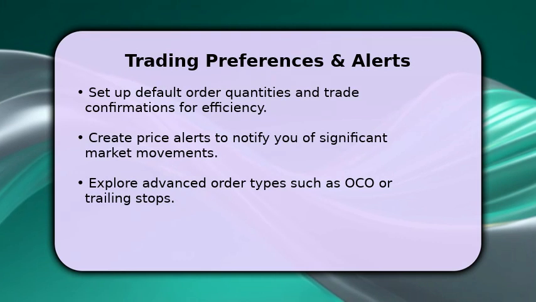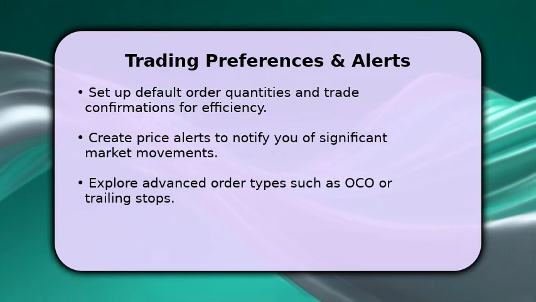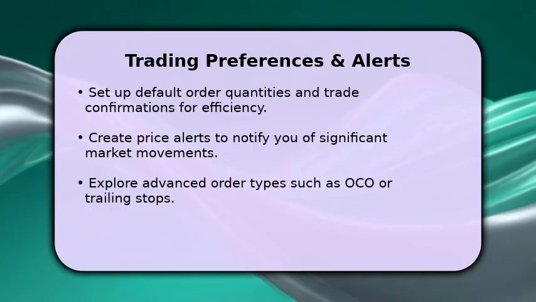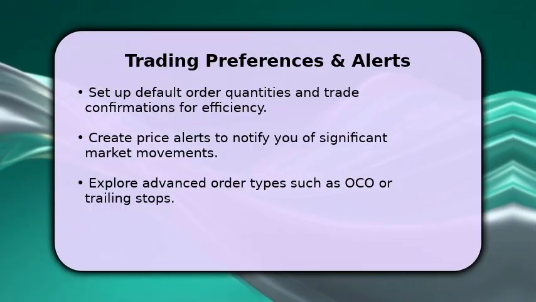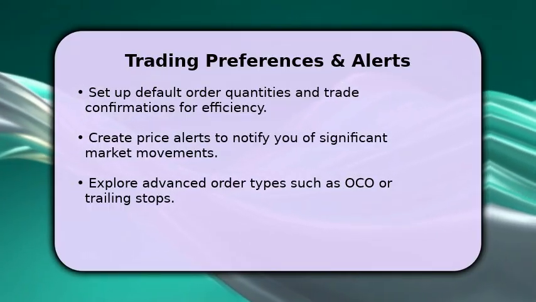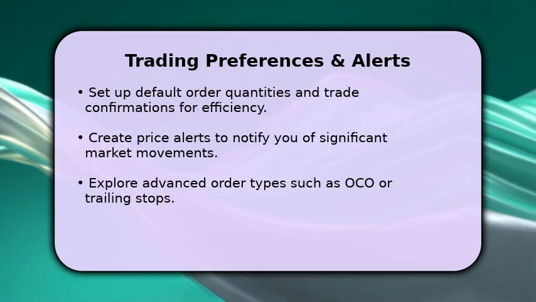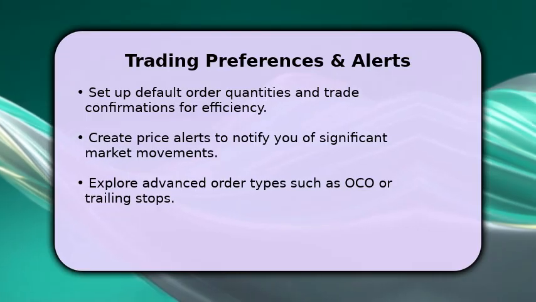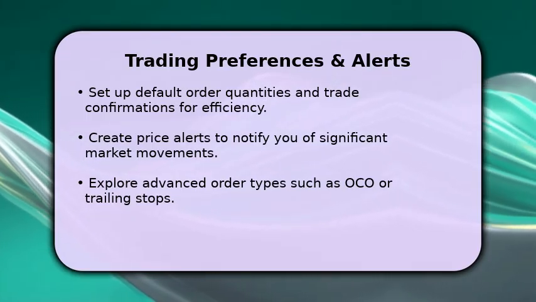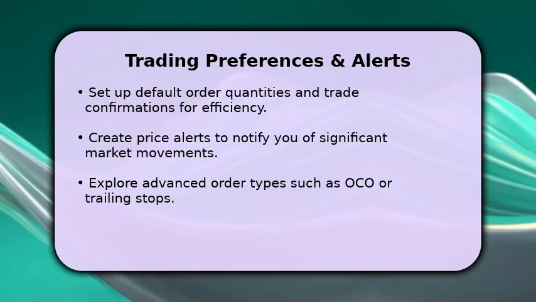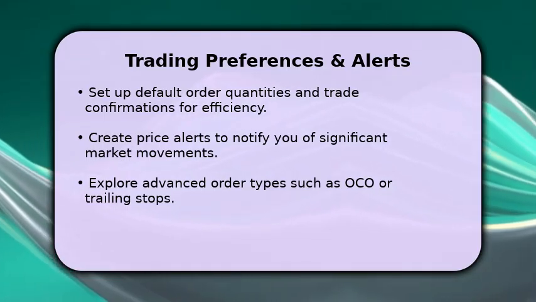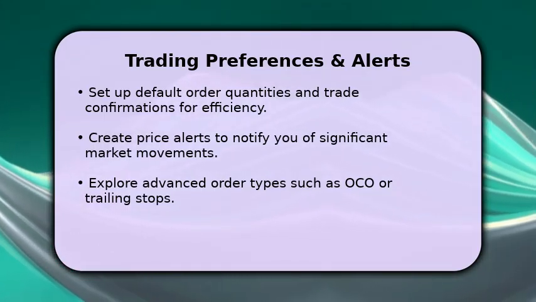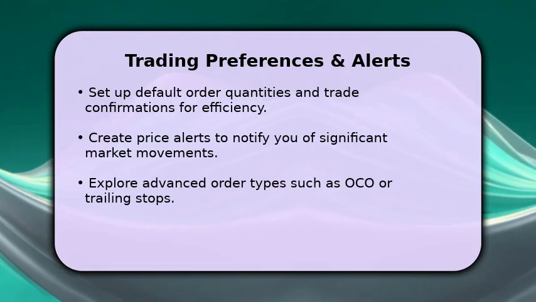Finally, let's configure your trading preferences and alerts. Navigate to the Setup menu and then Application Settings to adjust default order quantities, perhaps setting it to 100 shares for stocks. You can also enable or disable trade confirmations. Crucially, set up price alerts to receive notifications when a stock reaches a specific price, helping you stay informed without constant monitoring. This streamlines your